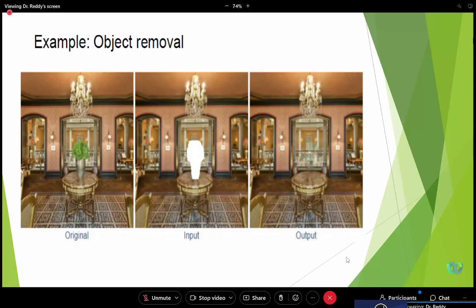So it is like an image you are reconstructing by deleting a certain portion of it. For example, in the previous image segmentation example, if the dog was not there, how would the image appear? We are going to reconstruct that. Now tell me, what is the main challenge here?